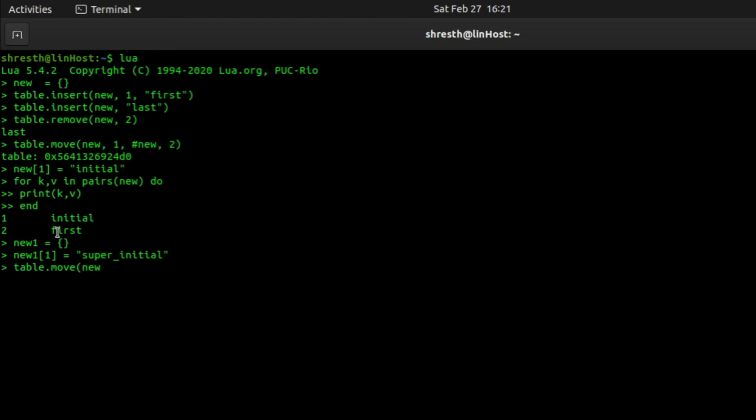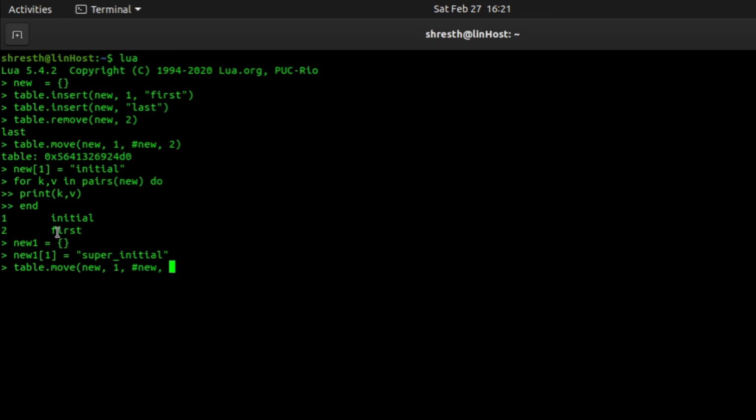Now I give the table name as new, the starting index will be first and the ending index will be the end of this table new, and the fourth argument is where I want to put these elements.